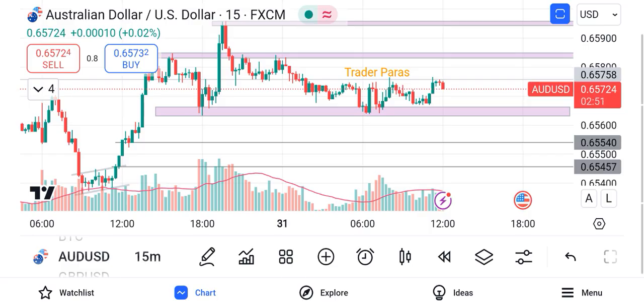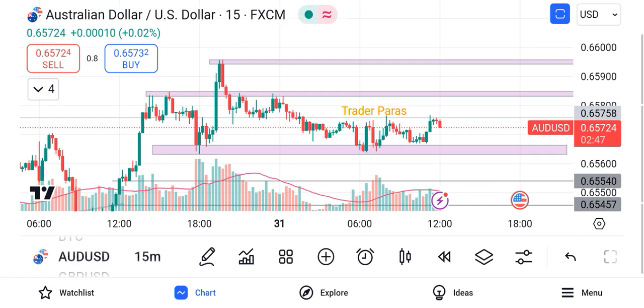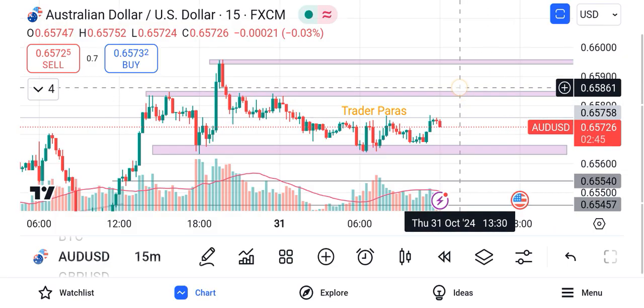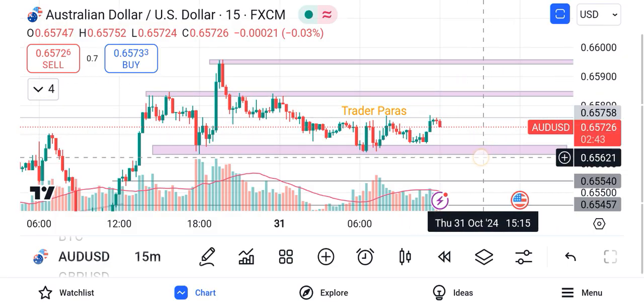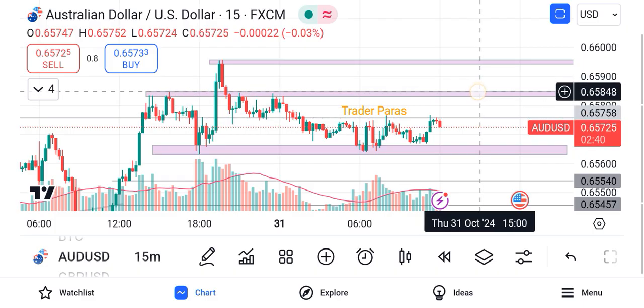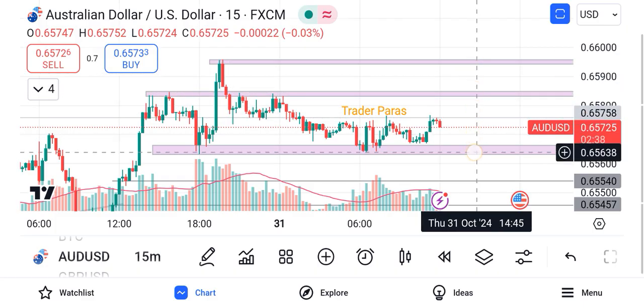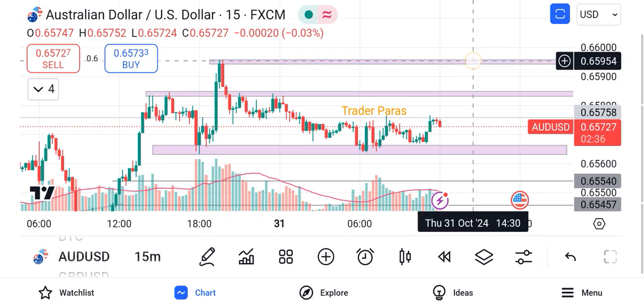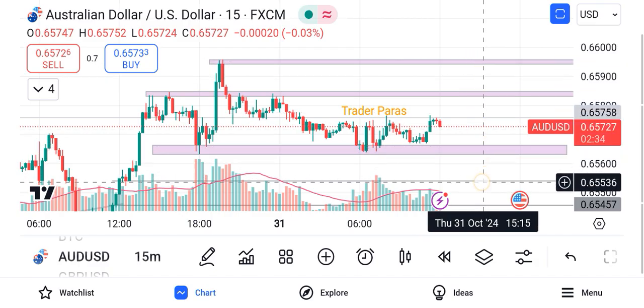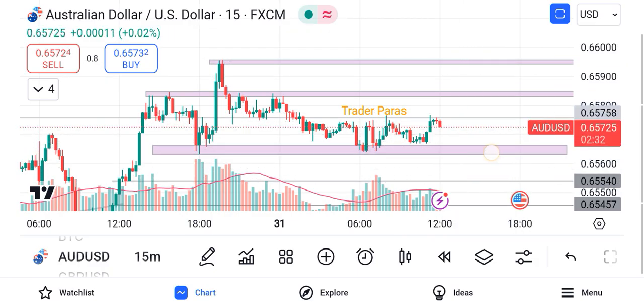This is Australian US dollar, AUD USD. These are the support and resistance levels which I draw. You can trade this level breakout and this level breakdown. You can select the target level, this and that levels, drawn